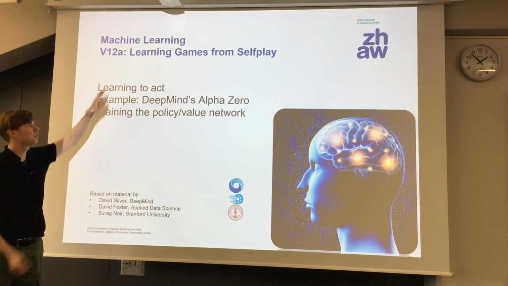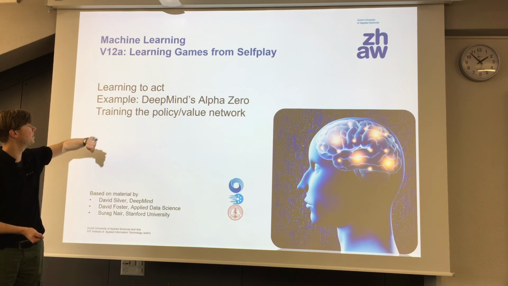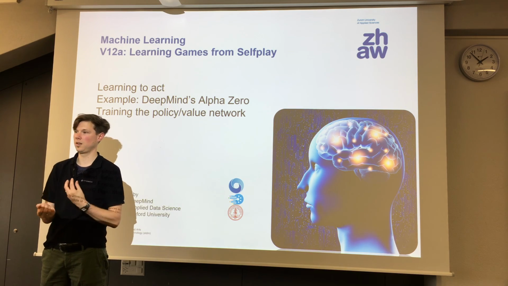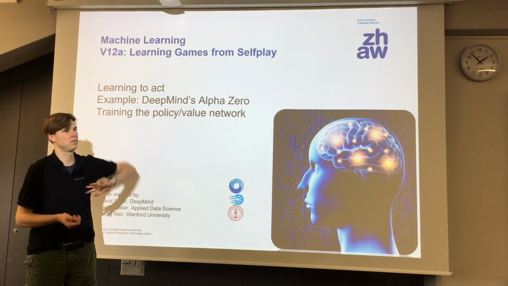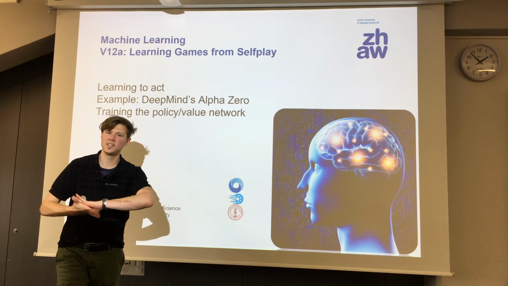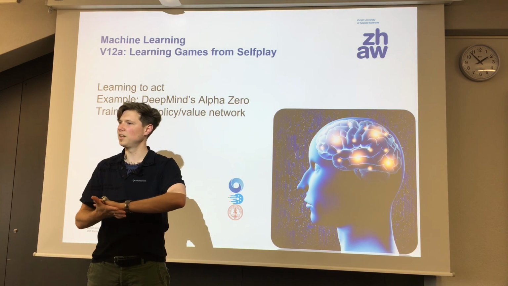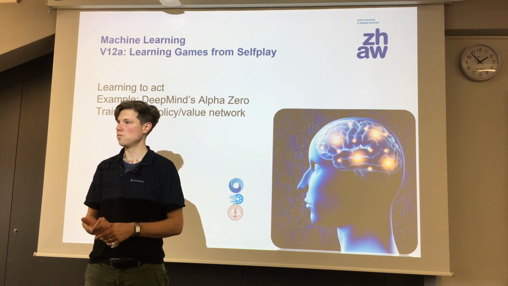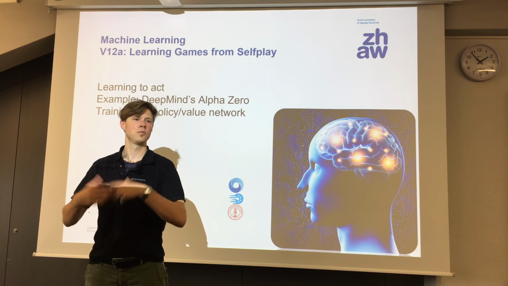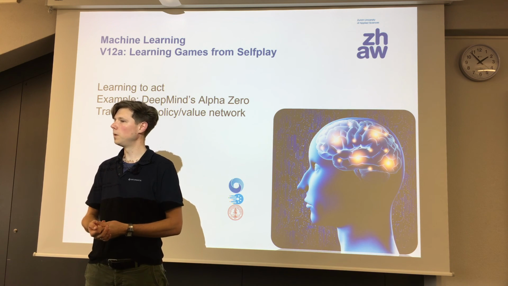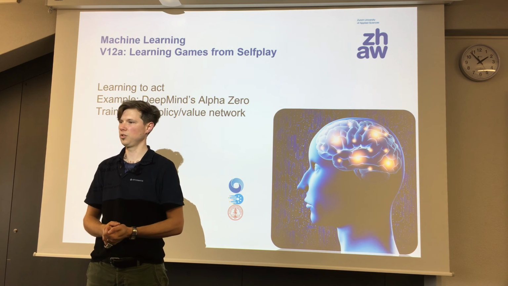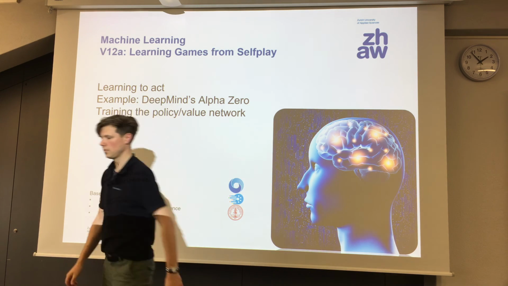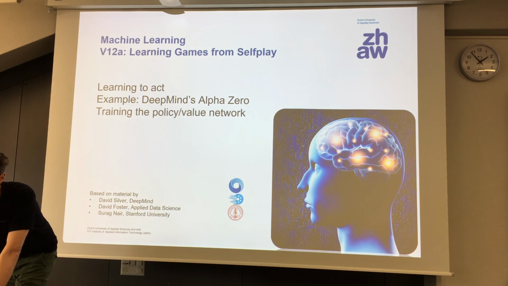We will first hear what is reinforcement learning. We look in detail into the example, and then we will look into how this example is built. How does the training work? This is just how is it applied. That's the idea. In the end, there is an exercise, where you can try out the stuff for yourself, not on Go, but on tic-tac-toe. Also a game, a little bit more simple, and you can program it probably within 4 hours or so. There's a code skeleton, and you can work on that if you're interested. So that would be the plan for today.